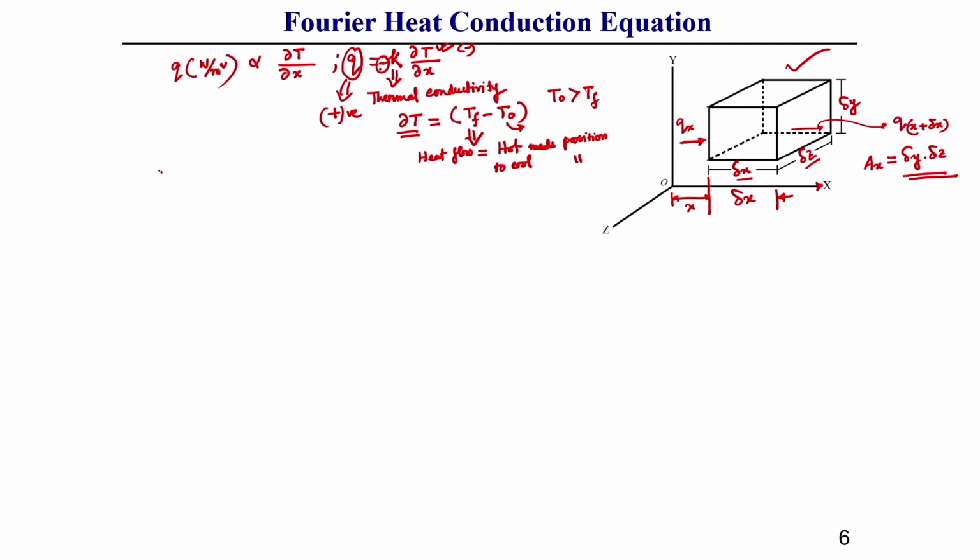So, here we can write heat transfer per unit area, or heat flux flowing per unit area, can be written as K into del T by del X. Okay. Now, once we convert these things in terms of joule, joule per unit area, what are the things you need to do?